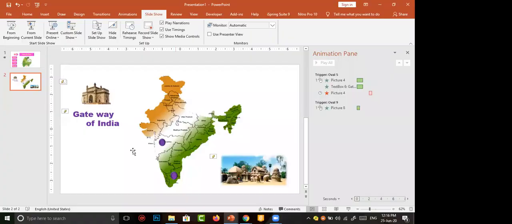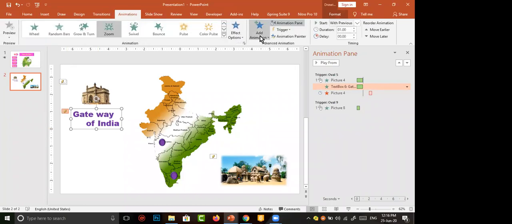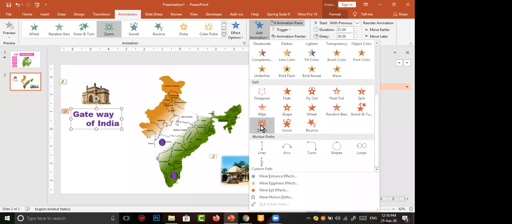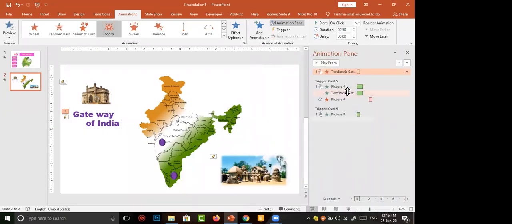So you have to make it disappear also. Select this one. Go to Animations, Add Animation, in Add Animation go to Exit, then Zoom out. The animation at the top should be brought along with the next one.